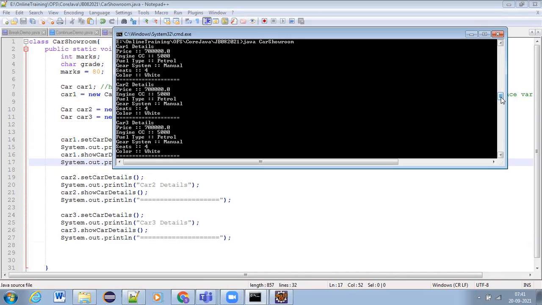Is it clear? So if we have 10 cars, we need to keep set car details for all 10 cars, like this. Yes, of course, that is the job. Here, what you may think, if I have 100 cars in a car showroom, or okay, a very big showroom, 1,000 cars, it's obvious that we have to.